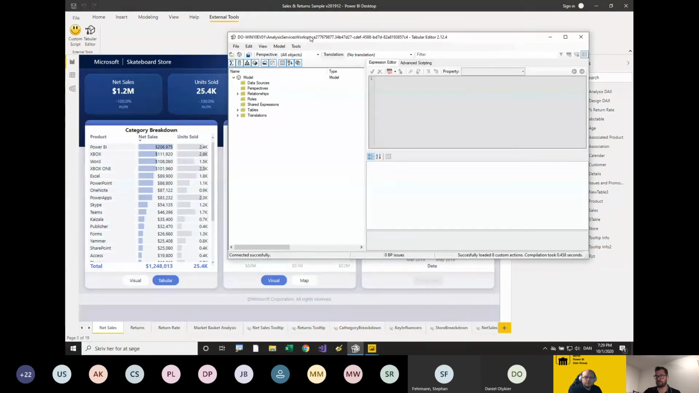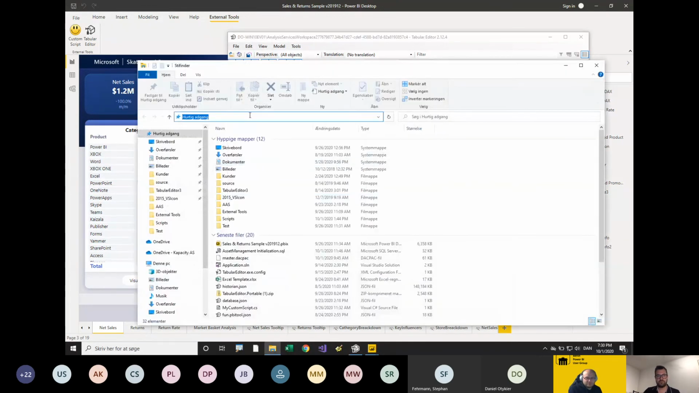Ashraf is asking if there is a way to remove those external tools from the Power BI ribbon. Yes, so there are two ways you can do it. The first option, of course, is to not install the tools. Then they won't show up. If you still want to install the tools, but you don't want to have the buttons appear in the ribbon,